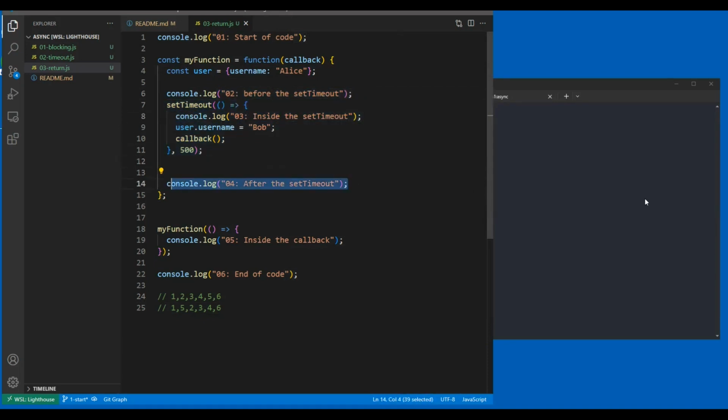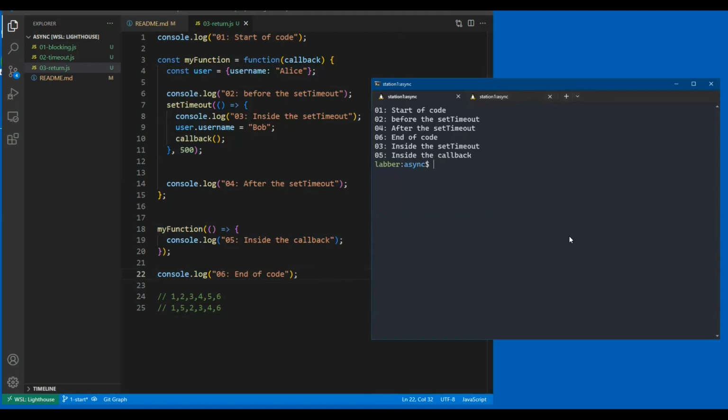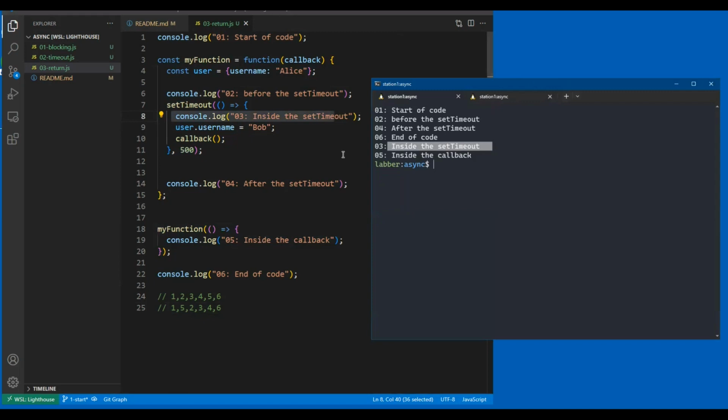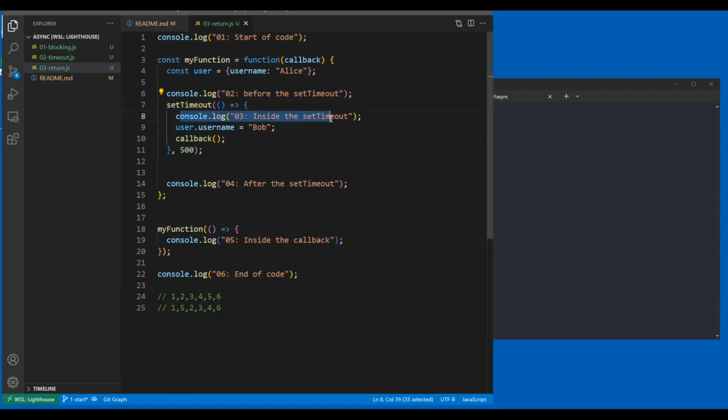Then we get the 4. And sure enough, we got the 4 after the set timeout. Now our function is done. Okay. And then we get 6, end of our code. And now JavaScript's finished, which means this set timeout is now free to notify us that it's good to go, and it fires. Console log O3 inside the timeout. There we go. And then it does this console log, and then it calls our callback, which is right here, O5,